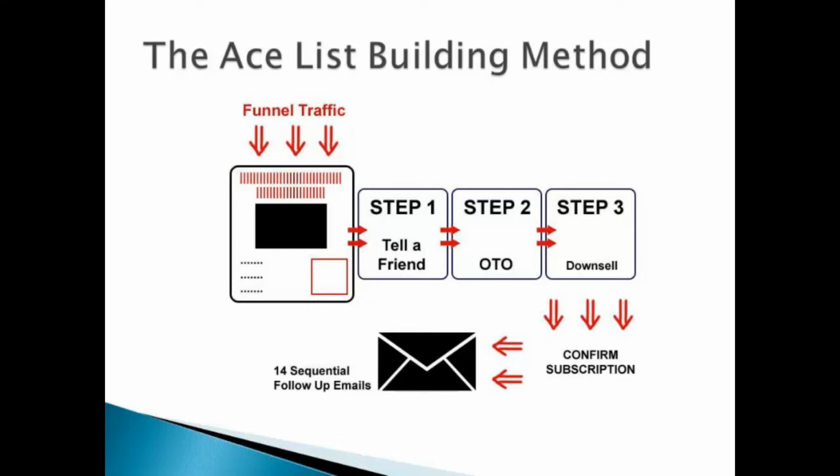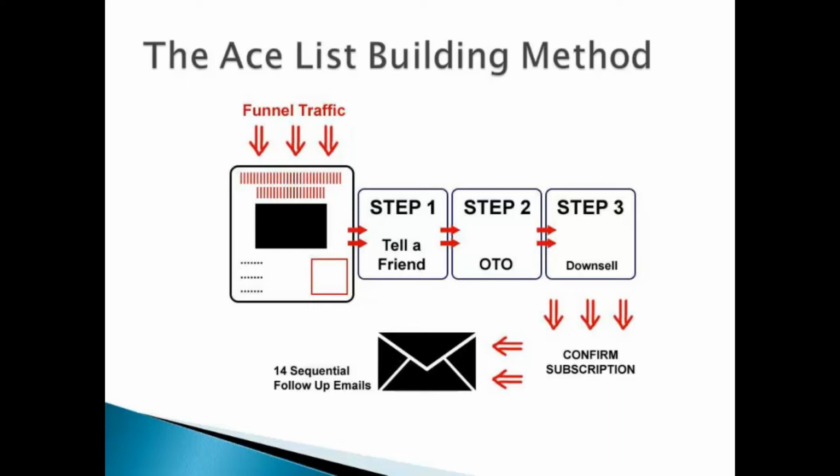He will arrive at this page regardless of his choice with the one-time offer. He will still be prompted to go on to Step 3, where you let him know about his current subscription status. If you're using an autoresponder with single opt-in status, you will let him know that he has successfully subscribed to your mailing list and will receive emails from you. If you're using an autoresponder with double opt-in status, which most autoresponder users are using, you will tell him that his subscription is still waiting to be verified, and he should check his inbox for a verification email to verify his subscription. Optionally, you can put in a downsell on this page, also known as the one-time offer light, so that gives you an extra profit center.